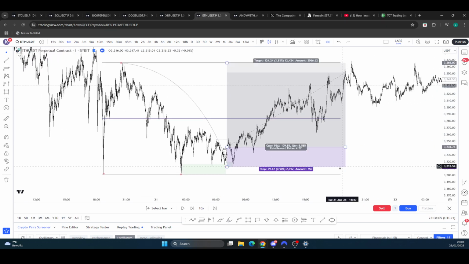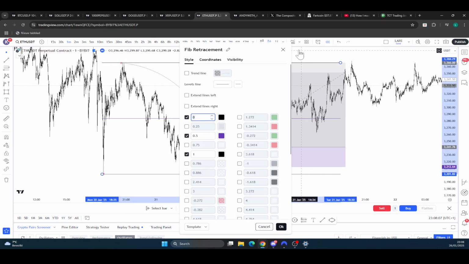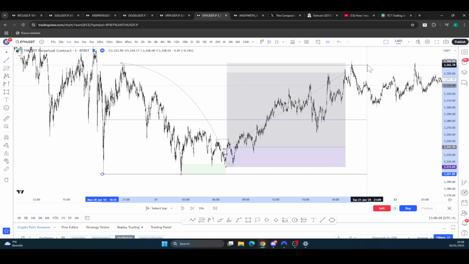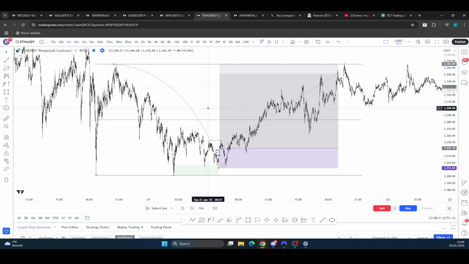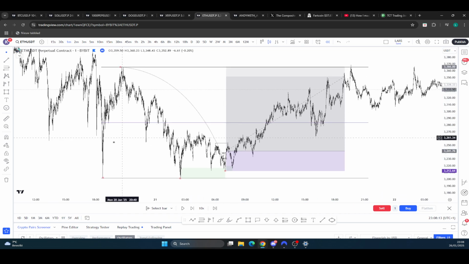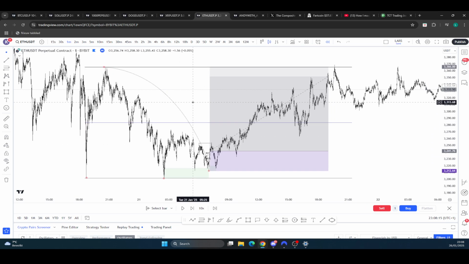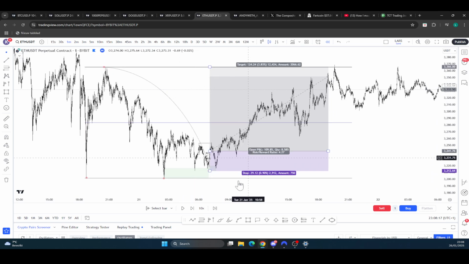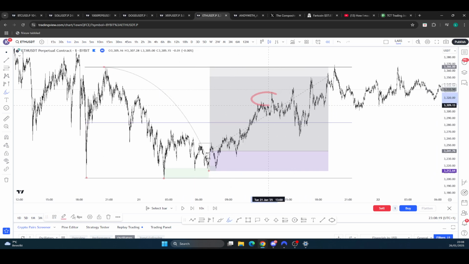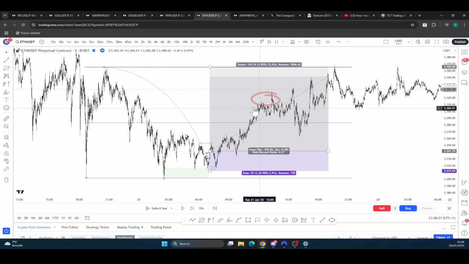Now, I had some people closing out their positions a bit too early, because by the time that we took the ETH, we also took Bitcoin, right? Because Bitcoin was forming the exact same model, but this video is going to be a bit more focused on ETH. And by the time ETH was right here, Bitcoin already hit its target. So Bitcoin had the chance to just reverse back down, causing ETH to never mitigate the target. However,